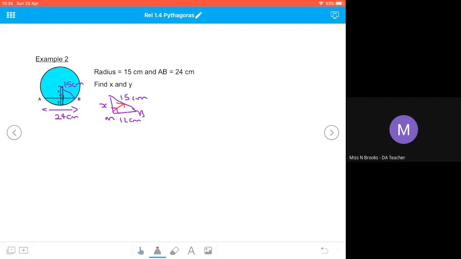And I see I've got a value on that side, so that means I'm going to be subtracting. It's the big square side squared, take away the small side squared. So to work out x squared, I'm going to do the big side, the side I've just pointed to with my arrow, 15 squared, take away 12 squared. And that's going to give me a value of